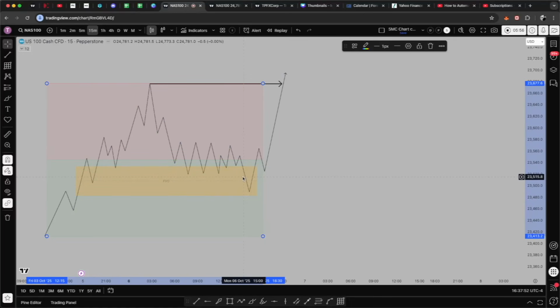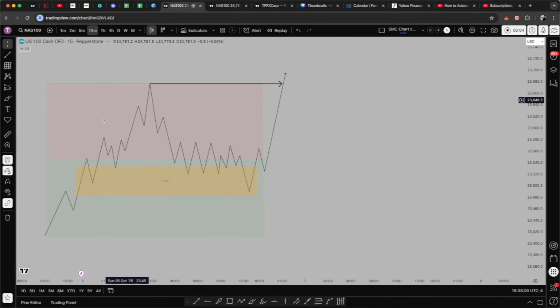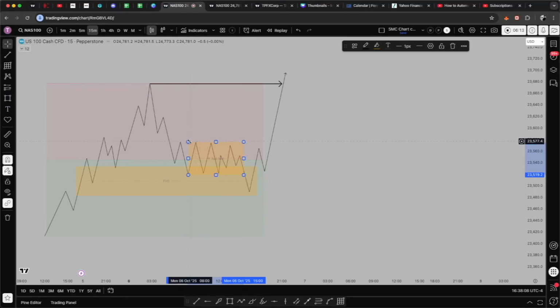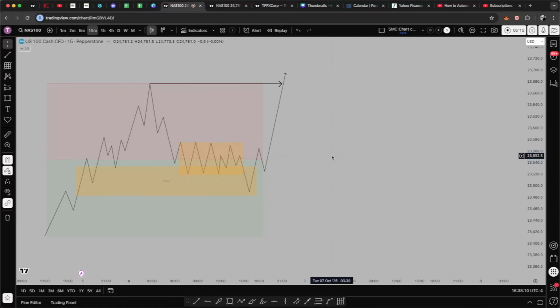So now that price is in discount, we're ready to buy. But we have to wait for our entry model. Just because it's a discount, we're not going to buy right away. Where are we going to place the stop loss? That's the next step. So in this type of scenario, we're now going to encounter accumulation. Sometimes the price will accumulate. And for this example here, in this scenario,